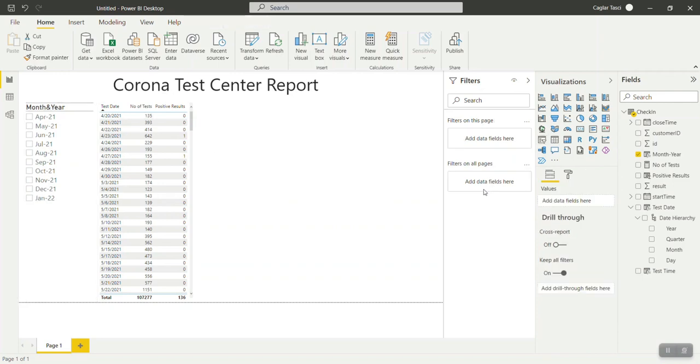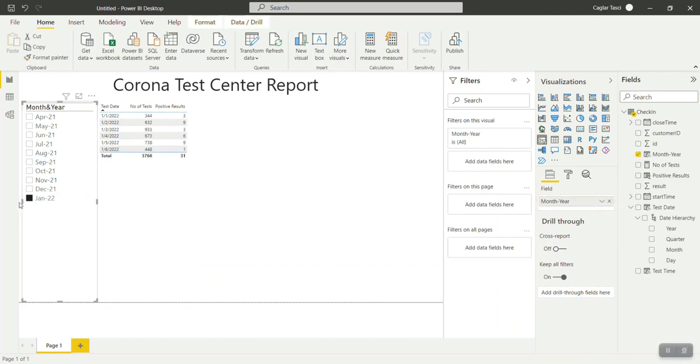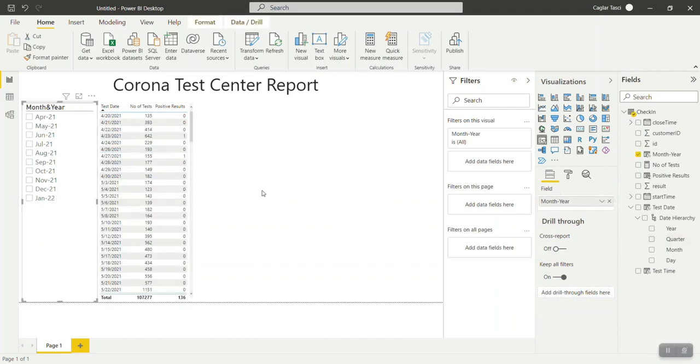So now after this there will be a line chart that will be created, which will basically showcase the number of tests that are being done on a daily basis. And this line chart will basically give us a pictorial representation of our data.